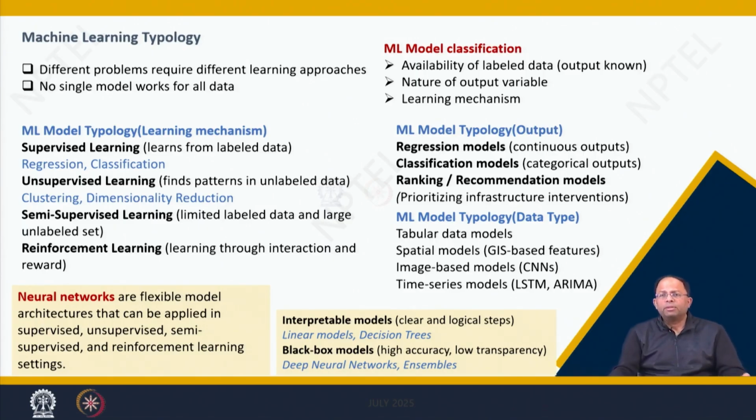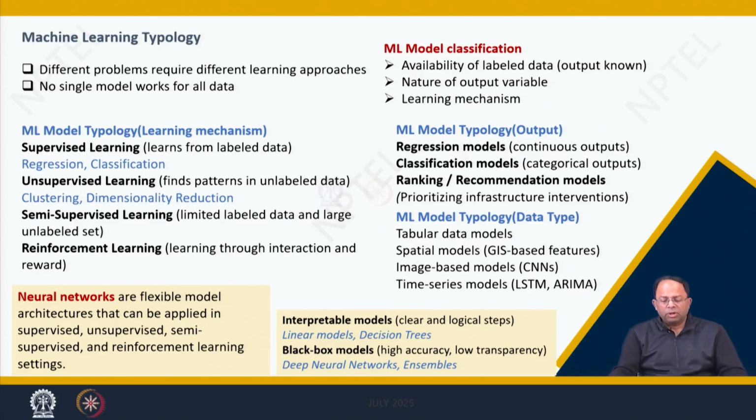And then another way to classify machine learning problems is models which are interpretable and models which are black box. Again, I've repeated this from the previous lecture, where we said that interpretable models follow some clear and logical steps. They follow a function, and we understand the background mathematical function, the loss function, what strategy has been utilized, and we know how we have arrived at this particular decision. So linear models and decision trees fall in that domain.